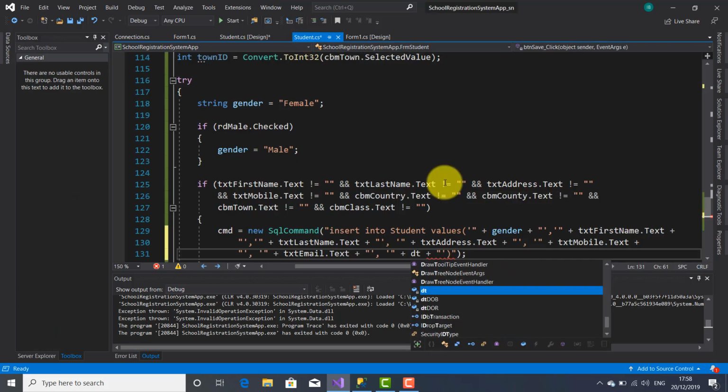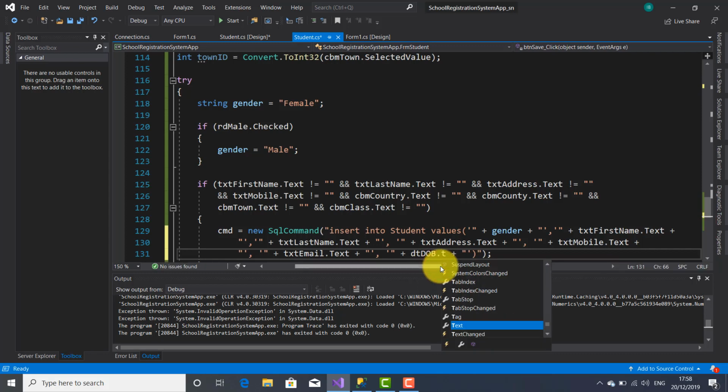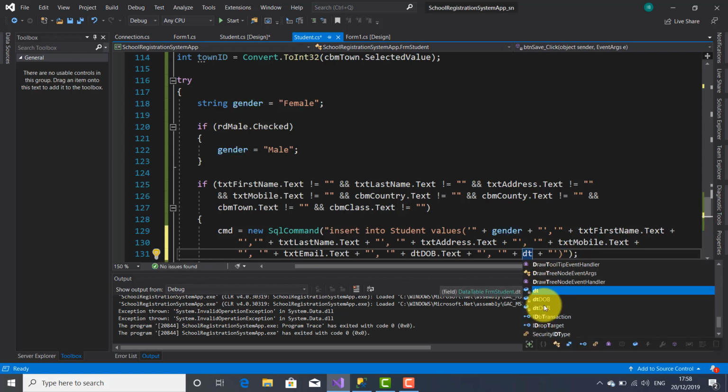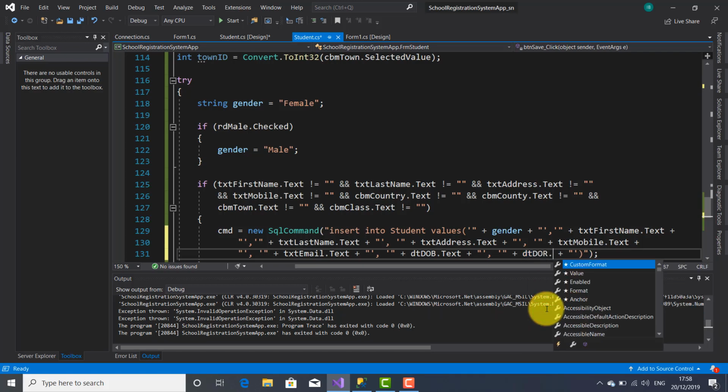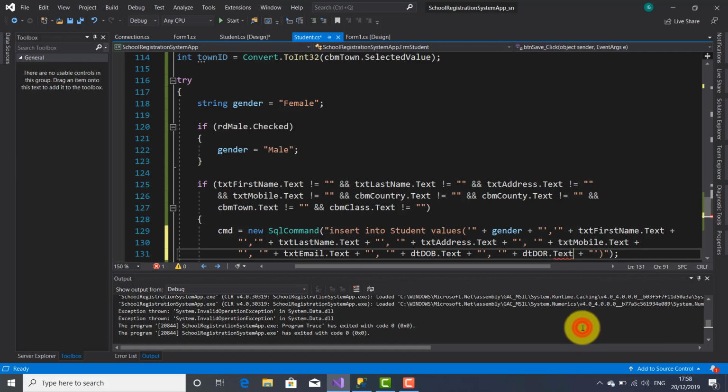So DT DOB dot text, the property, comma, Control V, and here DT DOR dot text. Okay. All right, comma,